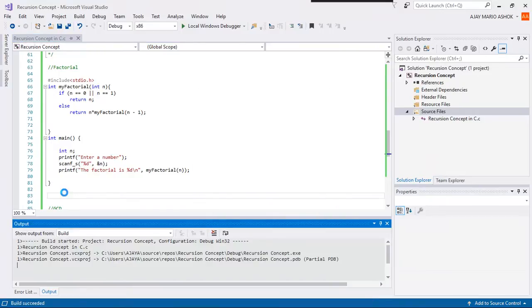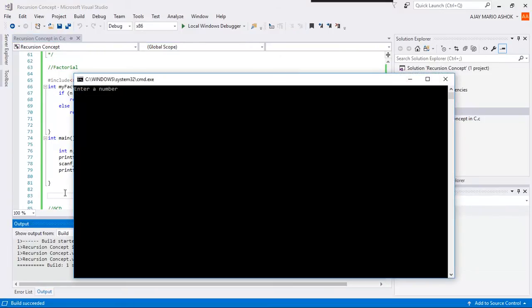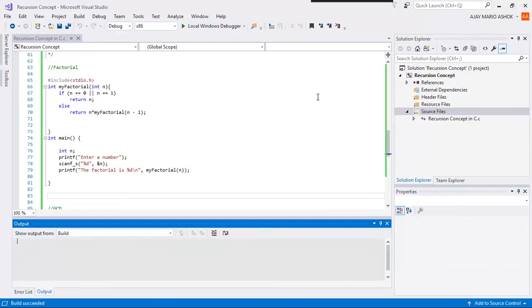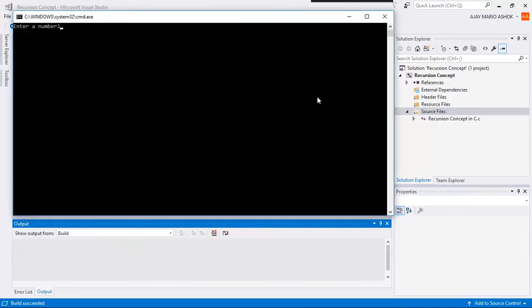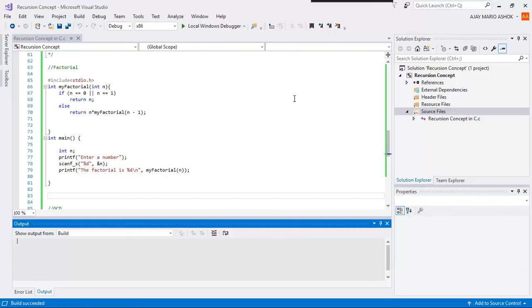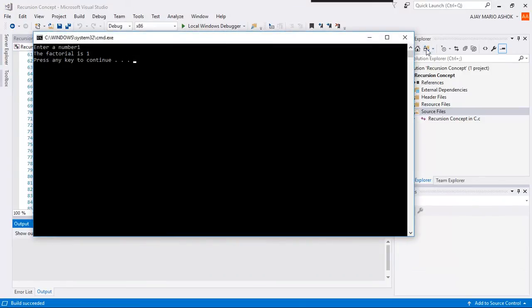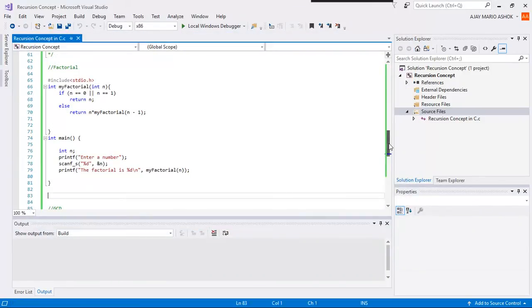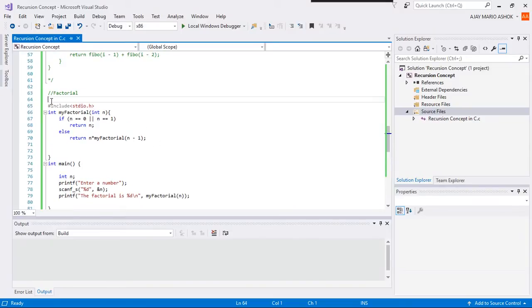Okay, let's run the factorial program, and as we calculated, factorial of 5 is 120. There you go. And let's say the factorial of 3 is 6. Now let's try one of the base cases. Factorial of 0 is 0. Now let's try factorial of 1. It becomes 1. Okay, so that was how factorial was calculated,